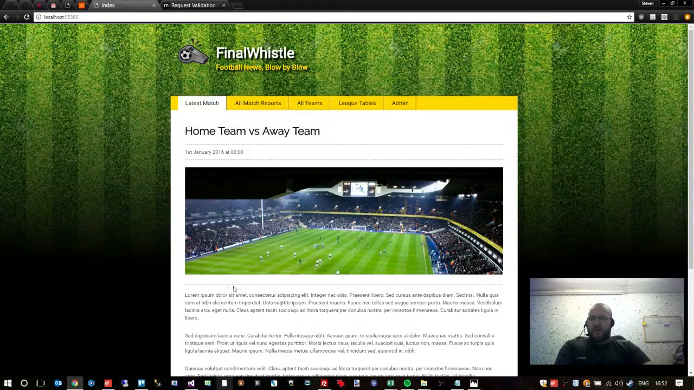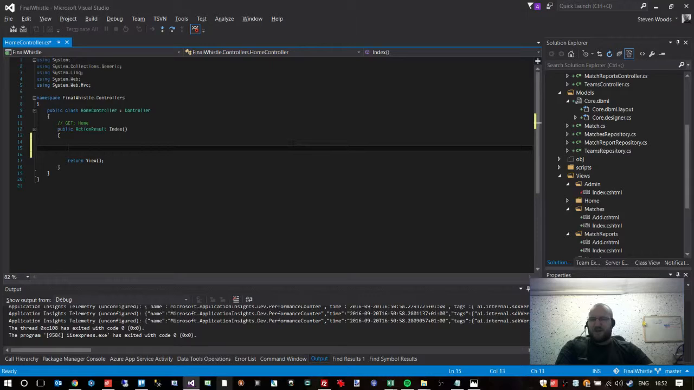Although it's not actually going to display the report text, it's going to display a link to the report. But it's just going to be the easier way to basically work out that there is a match report attached to a match. So this homepage is going to be a latest match report. So match report repository,